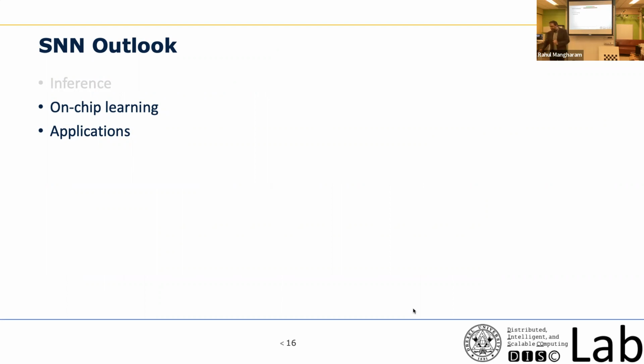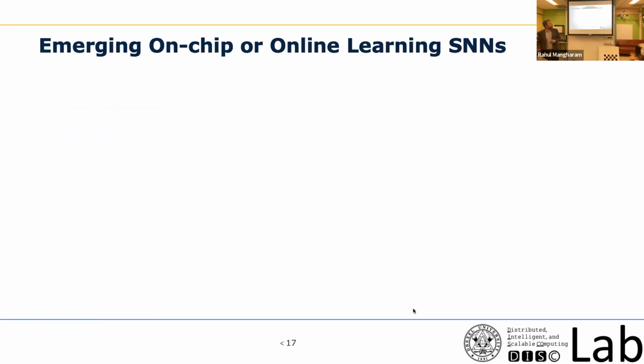So let's now look at on-chip learning, which is a very interesting concept that was proposed a long time back. This is an emerging area, and it is one of the areas where spiking neural networks outperform most conventional analog neural networks. Think about it. You have a neural network trained on a huge amount of resources like a GPU, and you map it onto an edge device. If you have to retrain anything, you cannot do it on the edge device. You have to pull back the network, retrain it, and deploy it again. That's where spiking neural networks become extremely important.